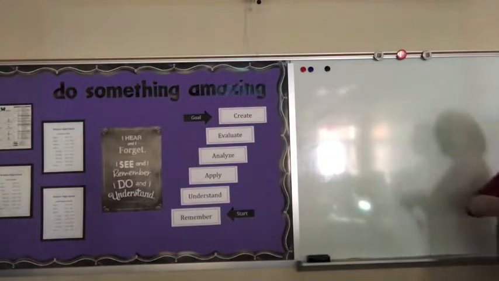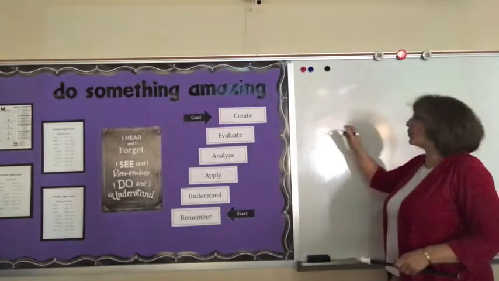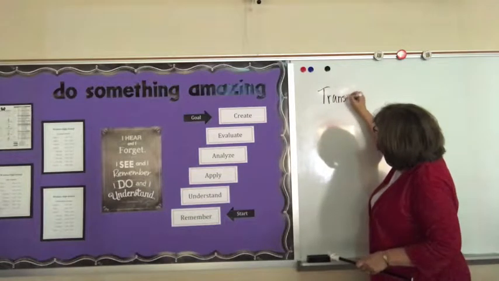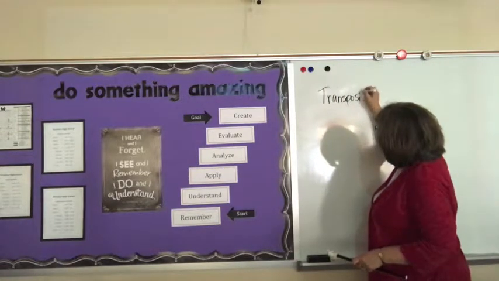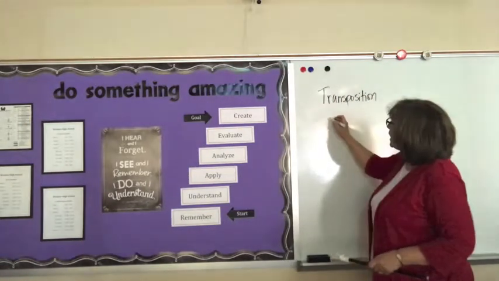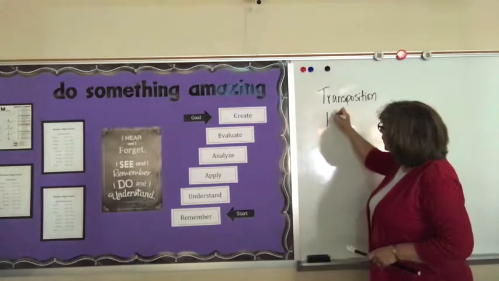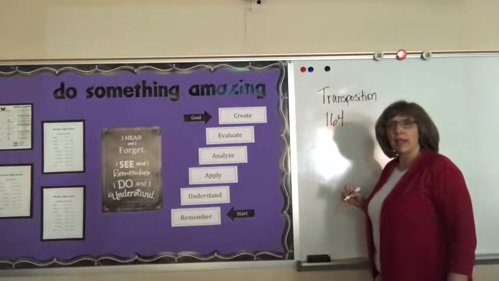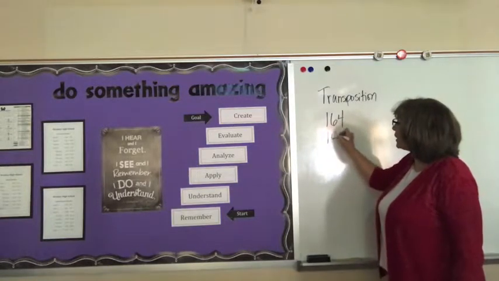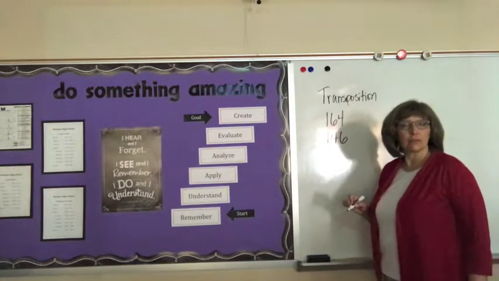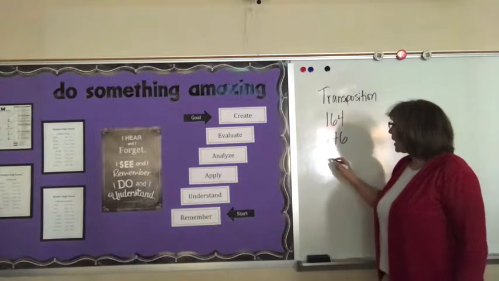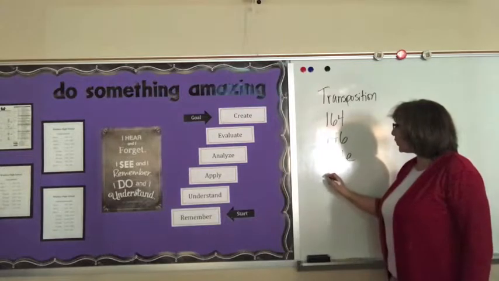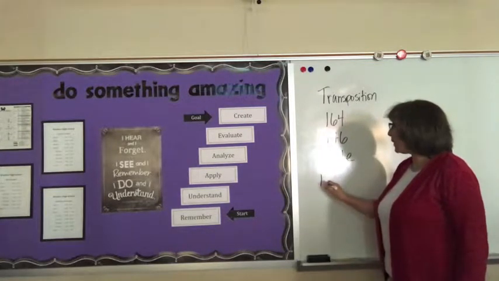I realized where I'm positioned, you don't get to see much of the marker board, but I'll just do it here. A transposition error is one in which we should have written maybe 164, and instead we wrote 146. A slide error is when we were going to have maybe